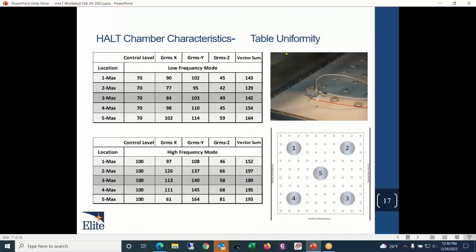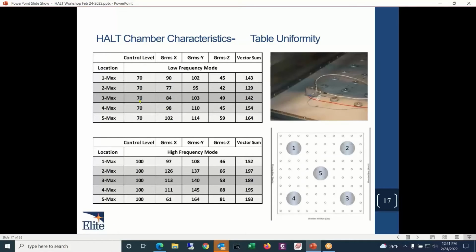As I mentioned before, when you look at a HALT vibration test, the table here is a resonant structure. We've got hammers hitting beneath it, and this table will resonate a little bit, so we have to be cautious about where we put parts. It's illustrated here, where we placed an X, Y, and Z accelerometer on the table. In fact, we put them at 5 different locations on the table. We set the table to a particular set point, and then we measured the resulting